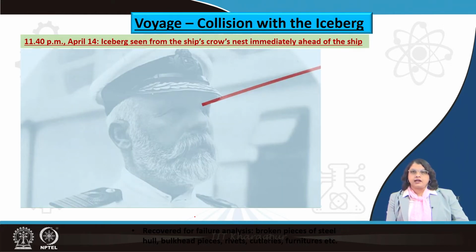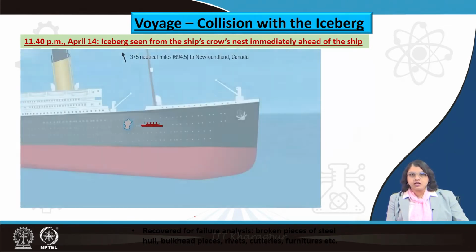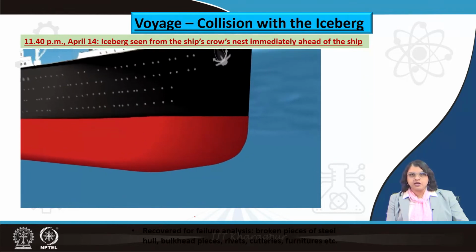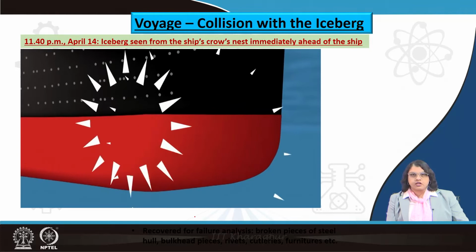Then only at around 11:40 p.m. on the night of April 14th, the iceberg was first noted by Titanic's crow's nest itself. The ship has a crow's nest to look out for any such things beforehand, and once they noted the iceberg, they tried to stop the ship immediately, and that actually reduced the speed, but could not avoid the collision, and it collided, as you can see